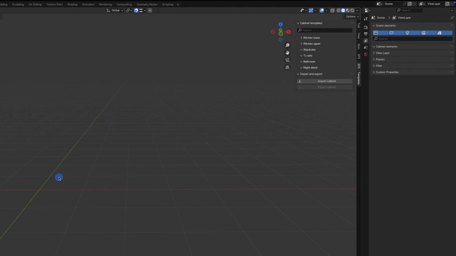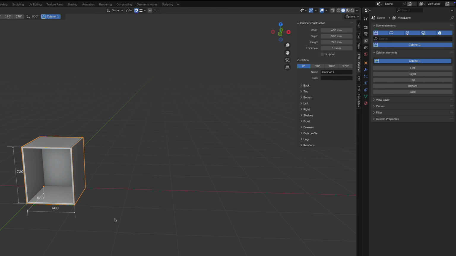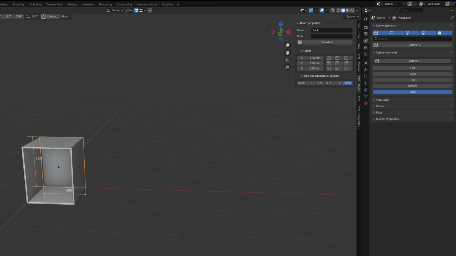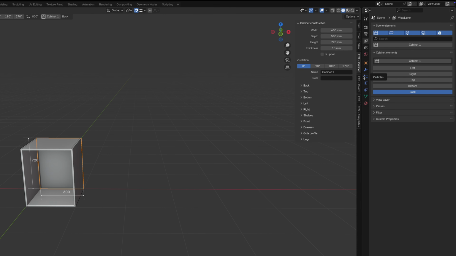Let's begin working with the most fundamental element in EasyForm Studio, the cabinet. Create a new cabinet by clicking Create New or using the keyboard shortcut C. In its simplest form, a cabinet consists of 6 basic components: left side, right side, top, bottom, back, and front, if applicable. While this basic structure serves as your starting point, EasyForm Studio offers numerous options to enhance and customize